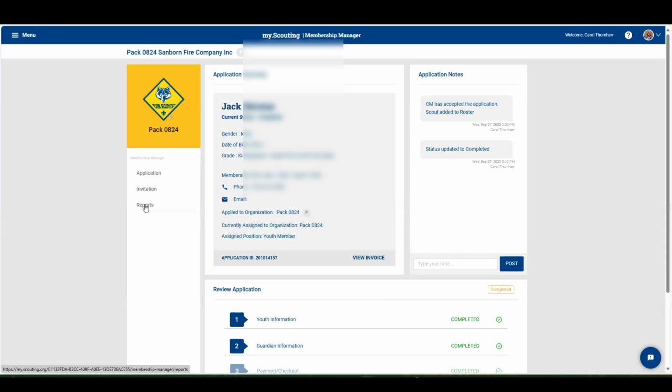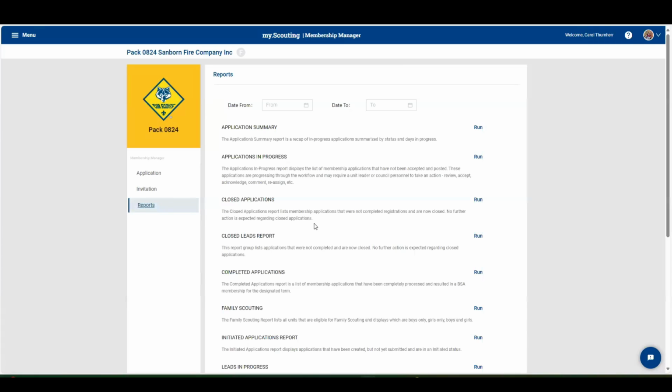Gotcha. So Carol, I was just going to recap. At your joining night, you actually have the invitation manager open and you're putting those leads in of the folks that are visiting you, correct? I do, yes. I can't say that I do it when I'm physically there because they are signing the sheet on the clipboard with all of the information. But then I usually go in later that night or the next day and put it all in